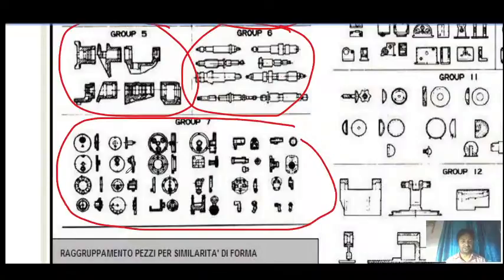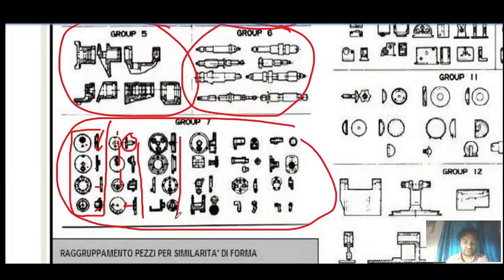Here you will see this one, you can see two views of a part. If you think this one is the front view, then this can be the side view. Front view, side view, front view, side view. And if this one you think is the front view, then this becomes your side view. And this one again, front view, then these are the other views.